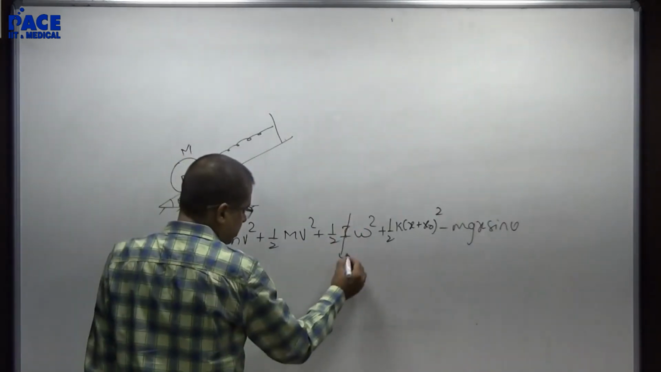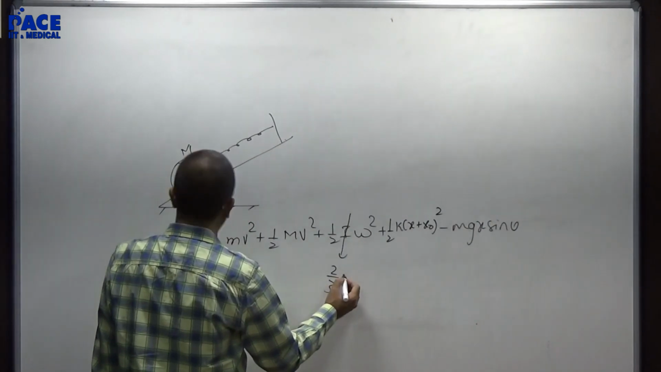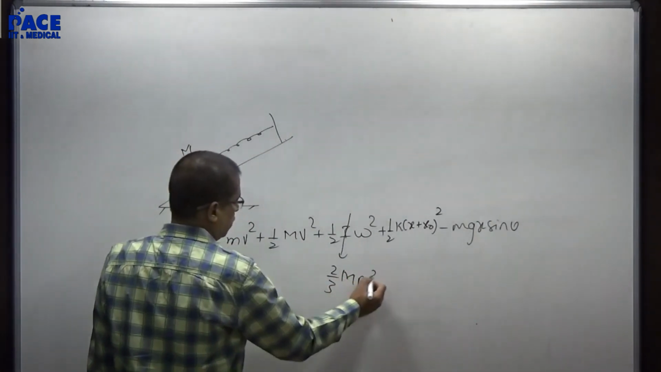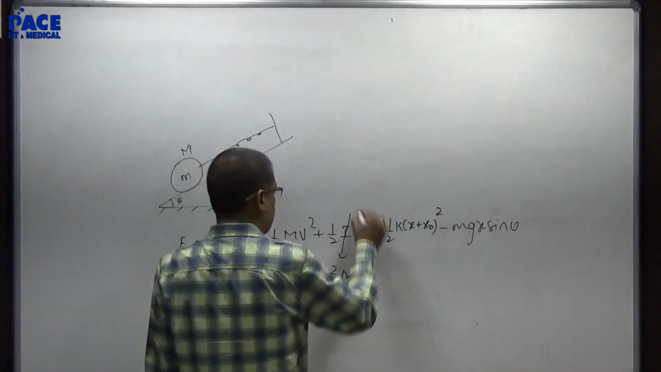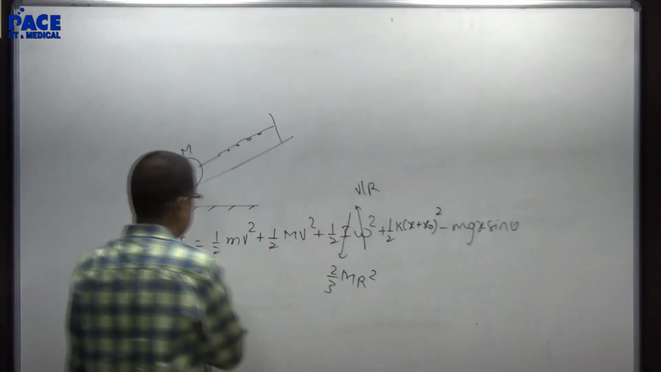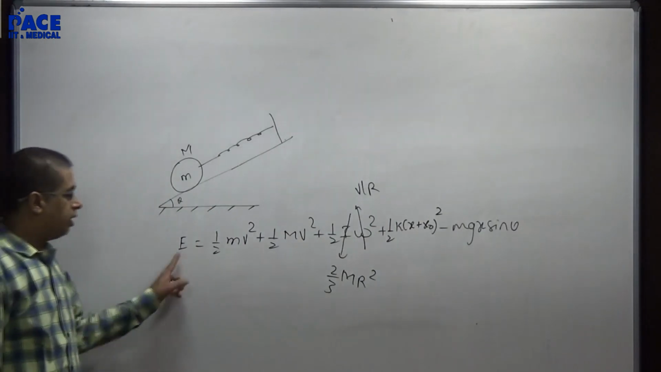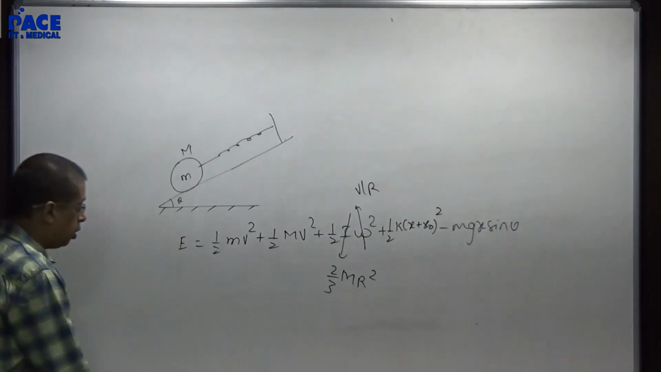Now the critical catch: I will be 2 by 3 capital M r square. Omega will be V by R because the body is rolling. Now this is the total energy. dE by dt should be 0. Now for ice,